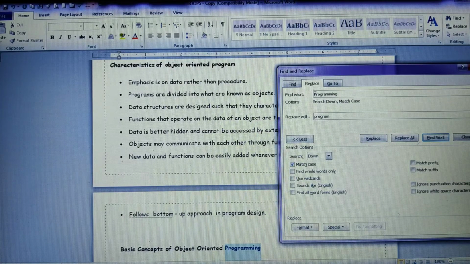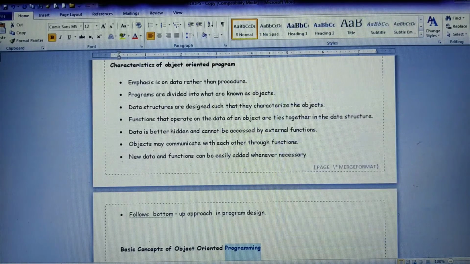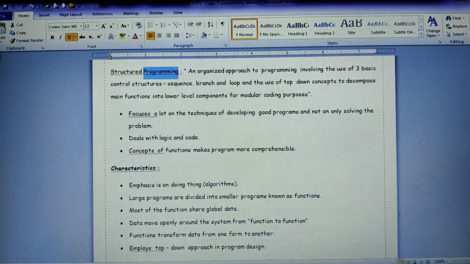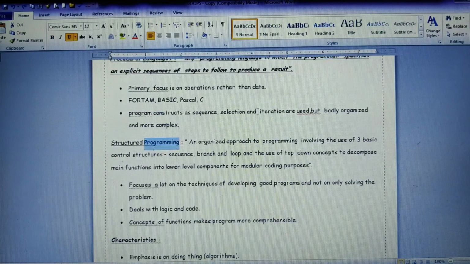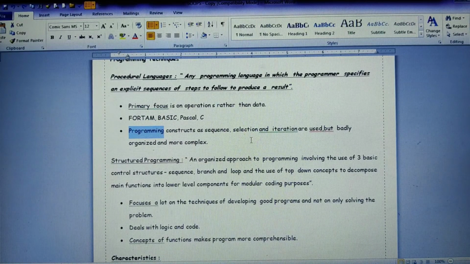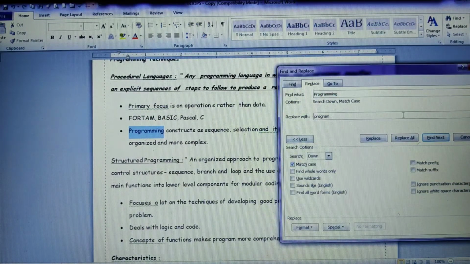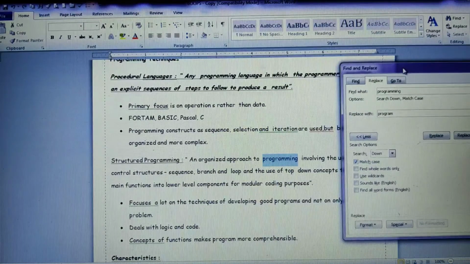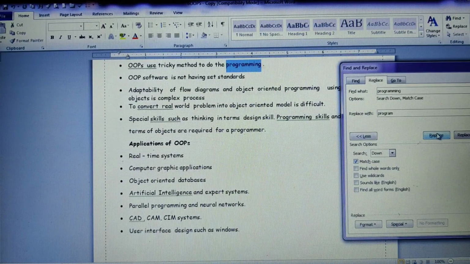Now let me reverse the case here, but before that let me make the changes back again so that you can see the difference. Alright, so when I go for Control H here, let me make it a lowercase p. I'm just showing you the differences. See, the lowercase it has encountered has been replaced. It will get replaced now as program. Can you see? Only lowercase.